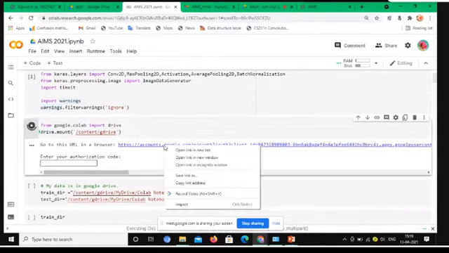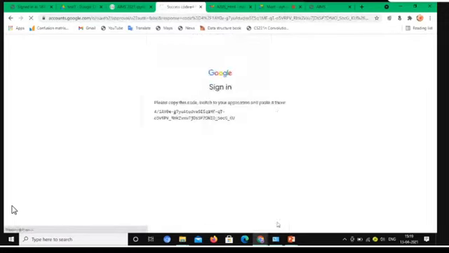So here I will give this mail ID, and it will ask for some permissions to get the data. Then one code will be available.